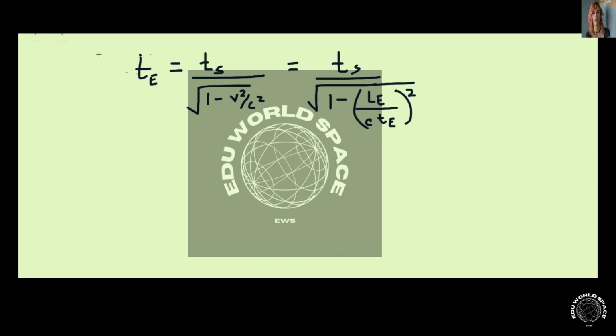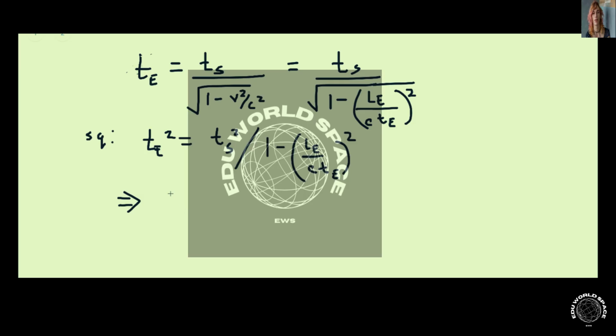We're simply replacing the v here with Le over Te, okay? And so then you square both sides, right? And you get Te squared equals Ts squared over 1 minus Le over c times Te, this thing squared. And you rearrange some terms here, and eventually, doing just a little algebra, you'll end up with